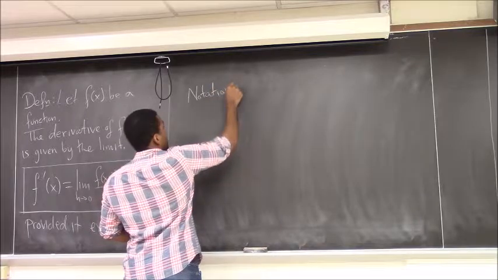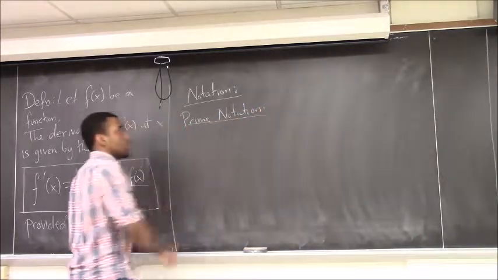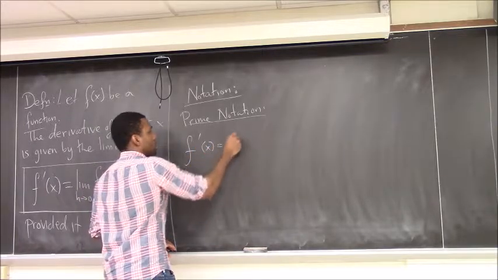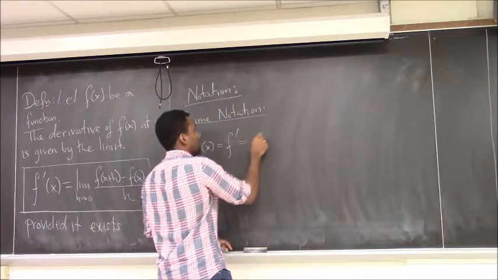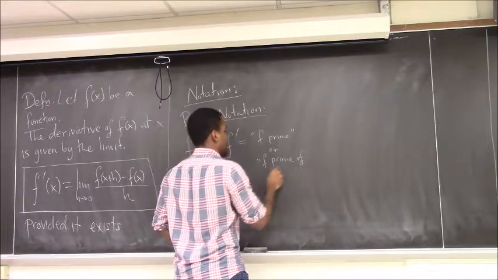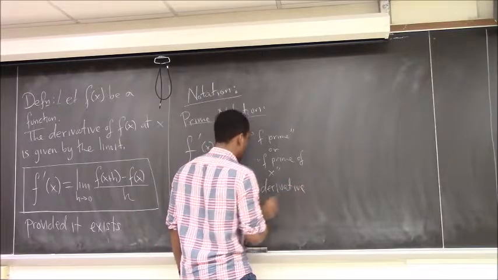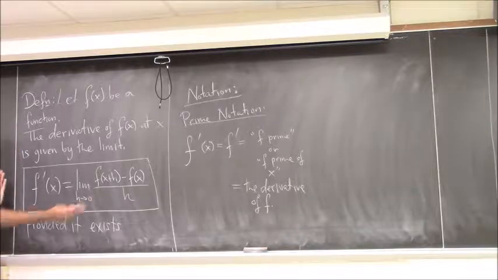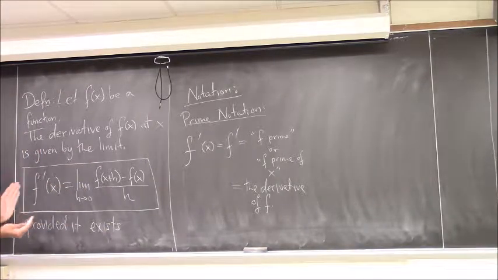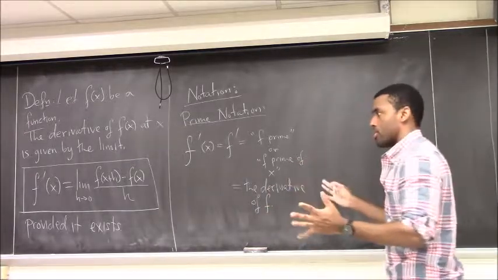There are two main notations here. One is called the prime notation. Okay, so that's the notation that I'm using here. So this is when you say f prime of x, or f prime if the x is understood. And so basically what that is, it's the derivative of f. So it turns out this limit will give you, if you actually compute it and it exists, some other function. That function, we will call it f prime. And what that function is, it tells us the derivative of our original function. I'll tell you about how we want to interpret that expression, the derivative. When we hear that, what should we think